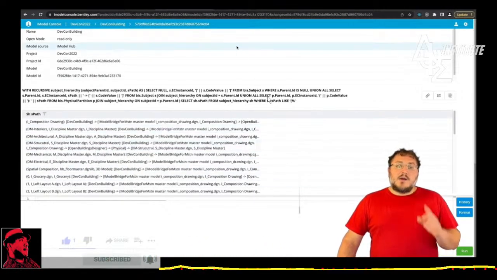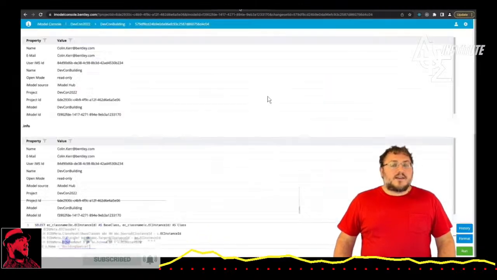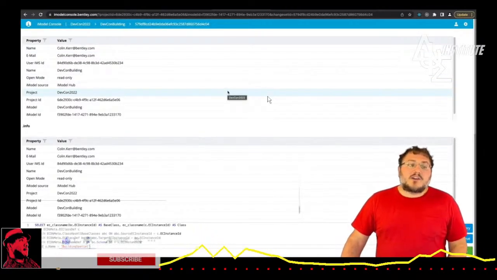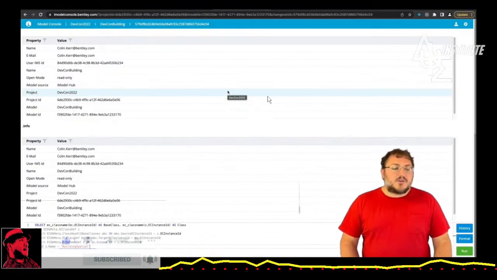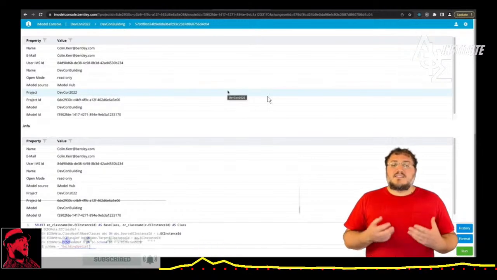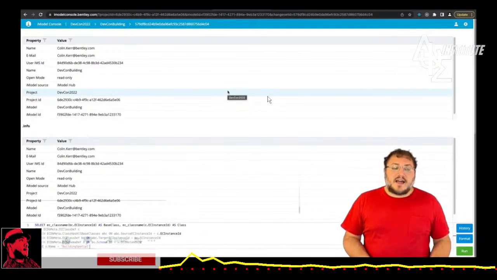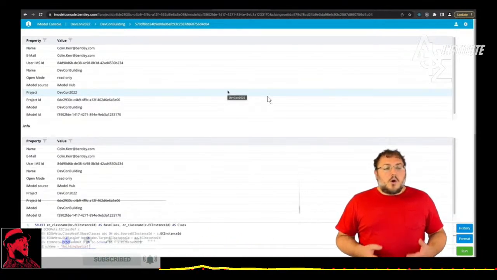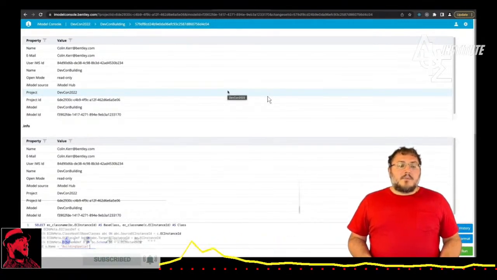Now, I want to do one more query before we move on here, and that is to show you how you can do ECDb meta queries. So what is an ECDb meta query? This is a query that queries the classes, schemas, properties, everything that's in the iModel. So this query that I've done here is to show all of the classes that derive from classes in the